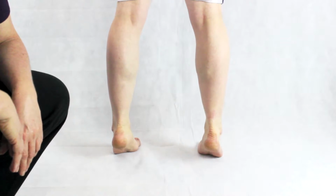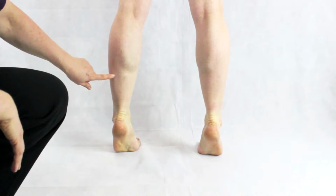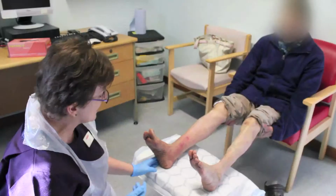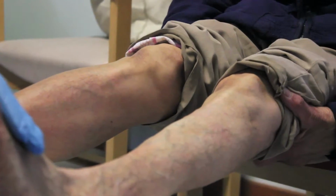So what happens is you've got your venous system or your veins and your lymphatic system that run up between the layers of those muscles. So when they contract, they're a bit like a corset squeezing those vessels to push the fluid up out of your leg. If the ankle is rigid, the muscle can't contract properly across it, so you'll start to see muscle atrophy. You'll very classically see these very skinny legs where there is no muscle definition because these muscles aren't getting